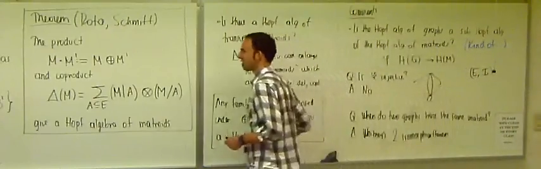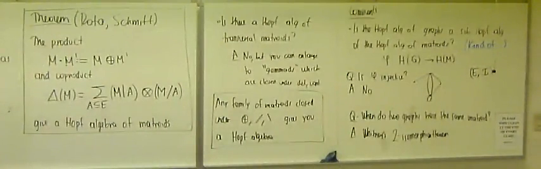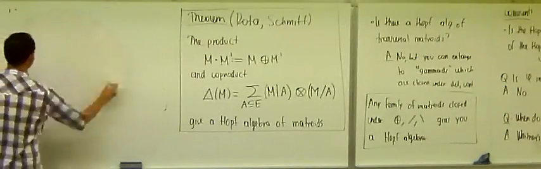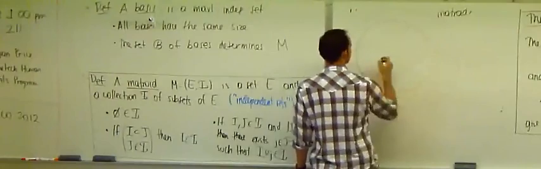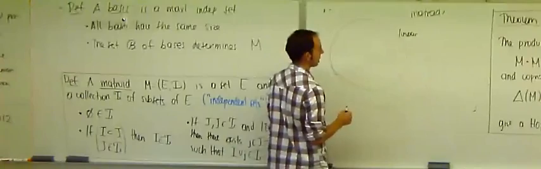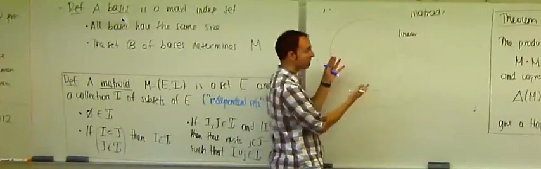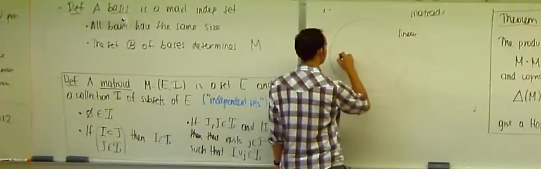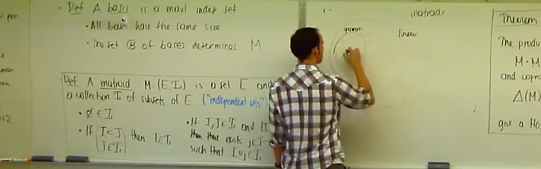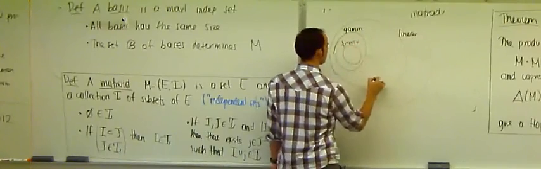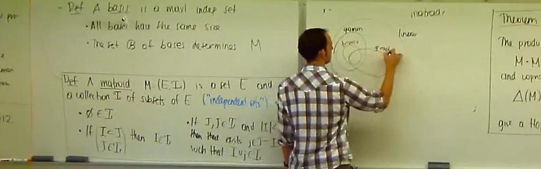Maybe I'll draw a chart. Here's matroids. Here's linear matroids. Remember, linear is a tiny class, but I just make it big because I need to fit more balls in here. So I guess then I have gammoids, which contain transversals, and then graphical matroids are kind of like this. So graphical